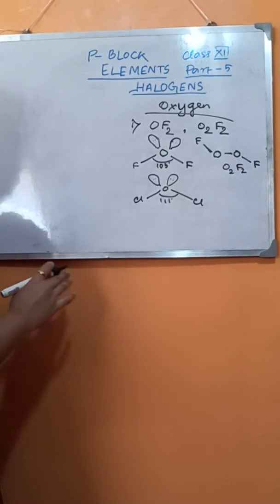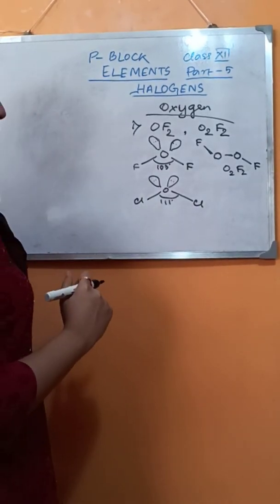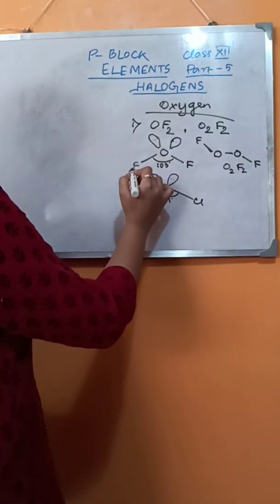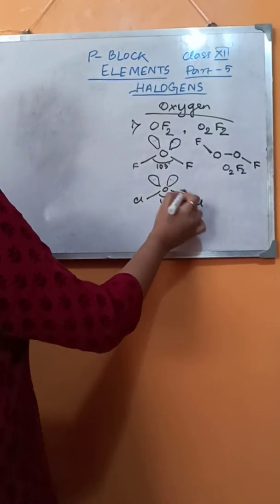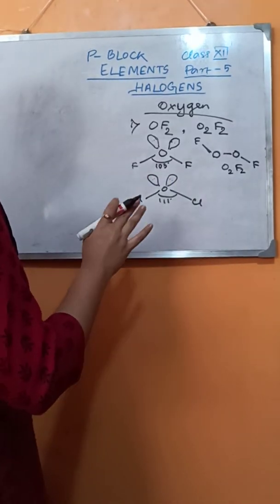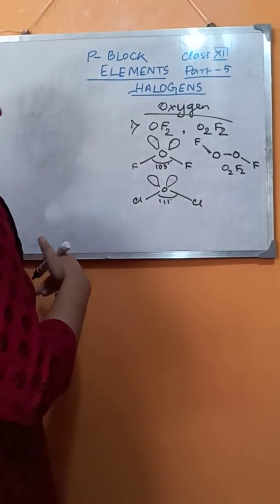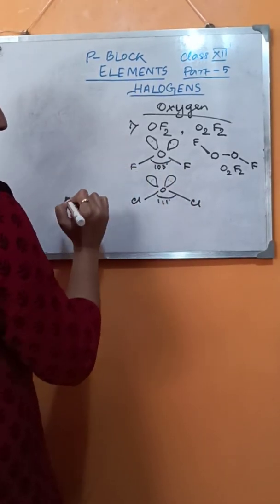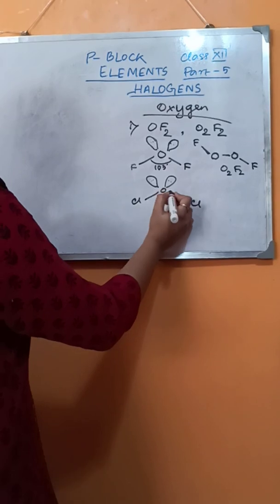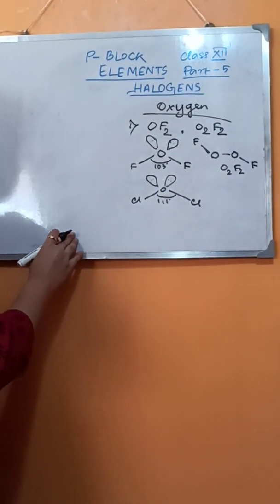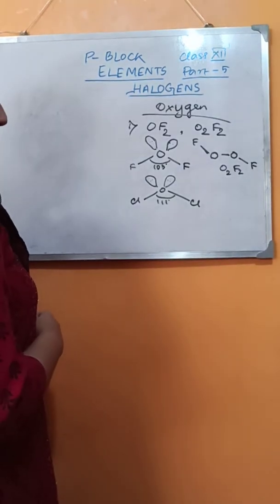Now you can ask me a question, or a question arises here, that both fluorine and chlorine are halogens. The structure is same. They are bonded to oxygen only. Oxidation states also are same in both the cases. Then why the bond angle of OFO is 103 but the bond angle of ClOCl is 111? This is because of electronegativity.